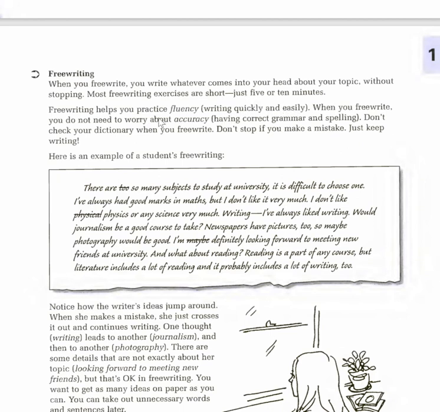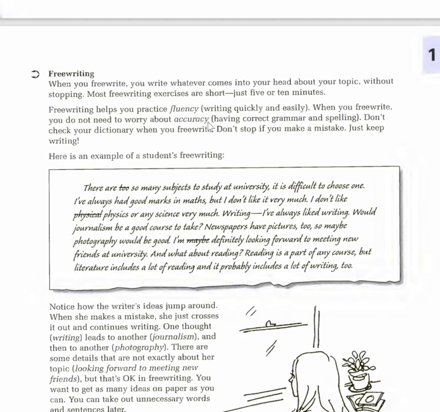Free writing helps you practice fluency, writing quickly and easily. When you free write, you do not need to worry about accuracy, having correct grammar and spelling. Don't check your dictionary when you free write. Don't stop if you make a mistake. Just keep writing. So, through the instructions given about free writing, you should write ideas in the form of sentences,